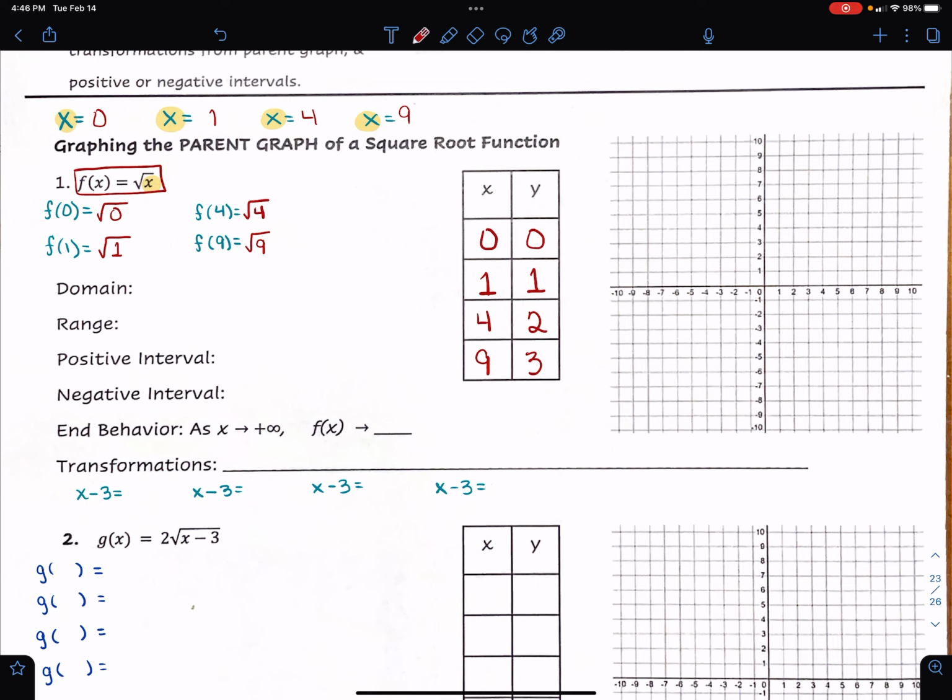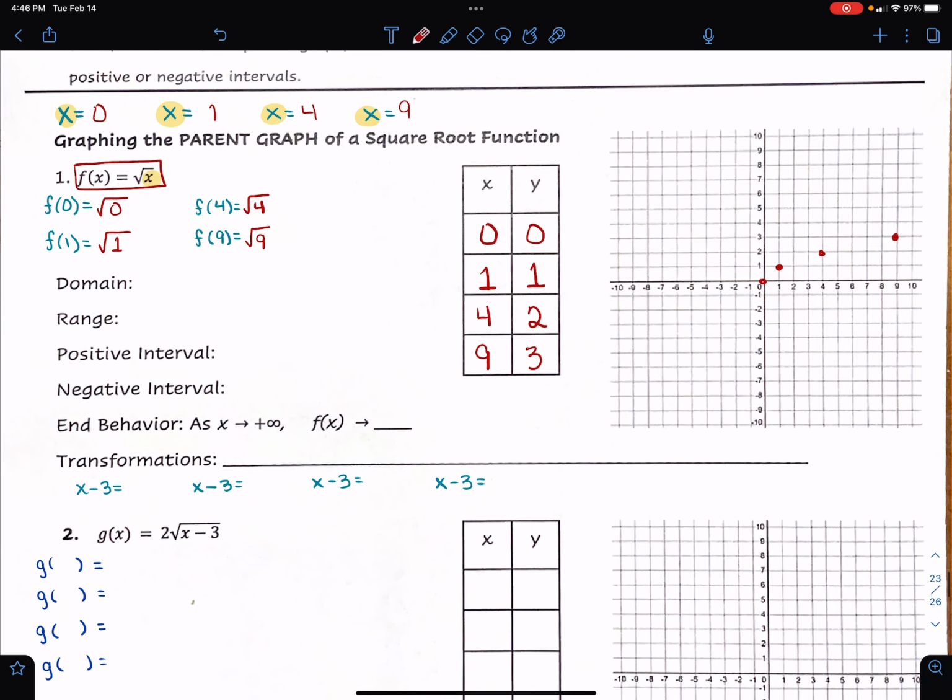All right, I'm going to go ahead and graph these ones. So I have (0, 0), (1, 1), (4, 2), and (9, 3). Okay, so I'm going to go ahead and graph this. This graph starts out here, it starts increasing, it's still increasing, it's continuously increasing. So this one here will point just up ever so slightly because it is going to continue increasing as time